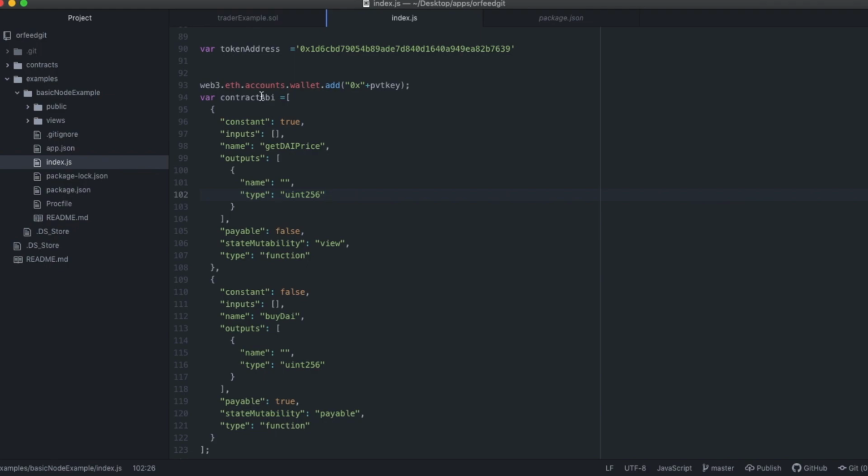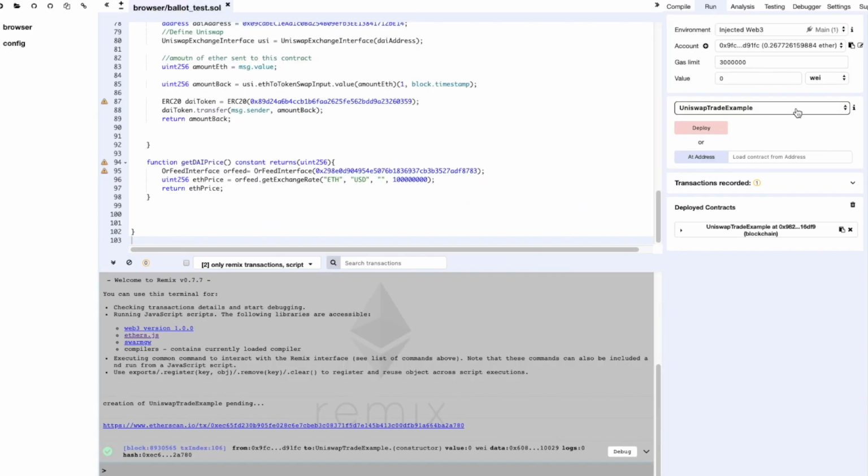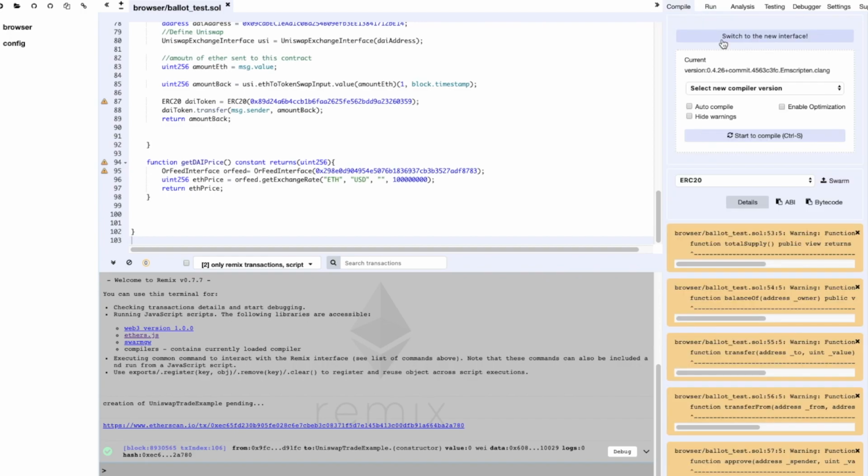So what's the ABI? The ABI is an interface for your smart contract. In order to interface with it, you need this. And we showed how to deploy a smart contract earlier, but you can get that simply by, when you deploy a smart contract on any platform, going over to compile and copy ABI.